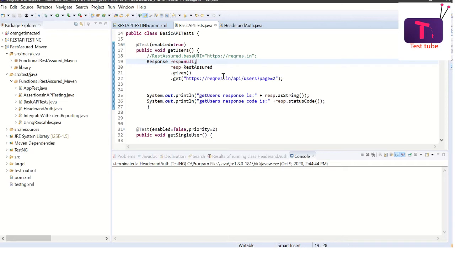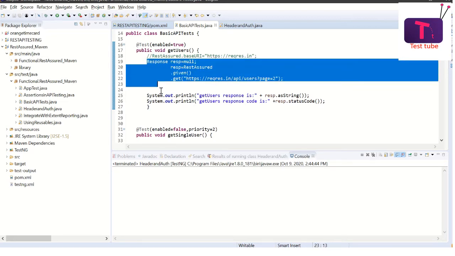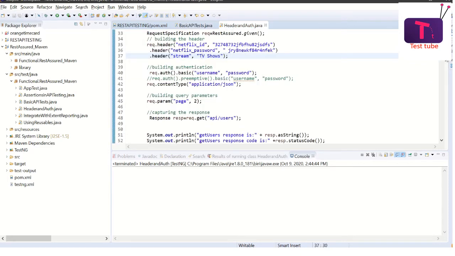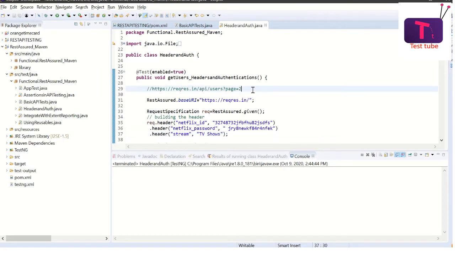Also, if you notice, earlier we followed one way to build our request. Now we are going to see another way of building the request, following the things we discussed two minutes ago about the basic building blocks of an API.